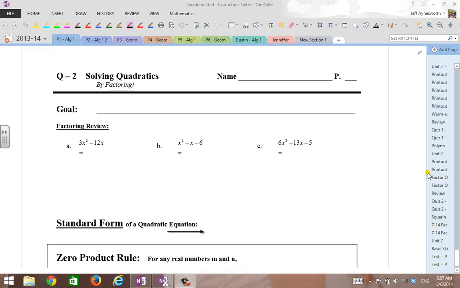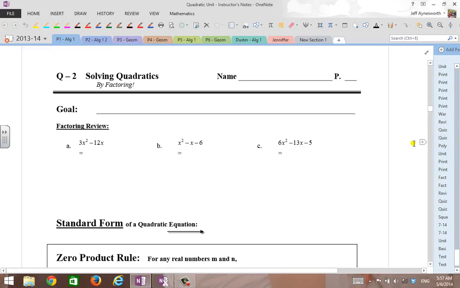This is Mr. Ainsworth, and we're going to get into our second lesson on how to solve quadratics, by factoring. So let's write our goal down first. We want to be able to solve